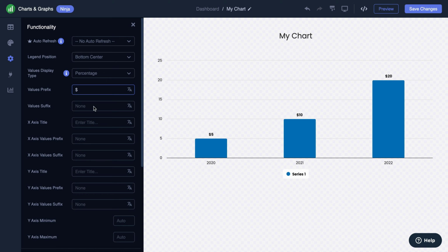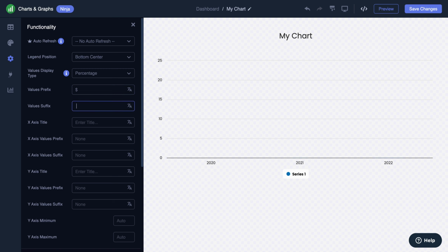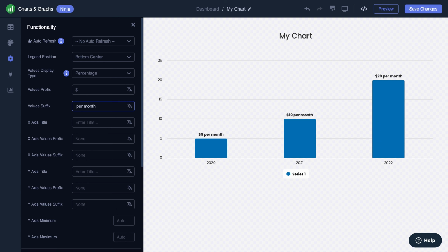You can add a suffix in a similar way. Let's say we want to add a time reference, like per month. Go on and type it into the suffix field. And there you have it. Our chart now clearly shows $ sign before each number and per month after, making the data both precise and easy